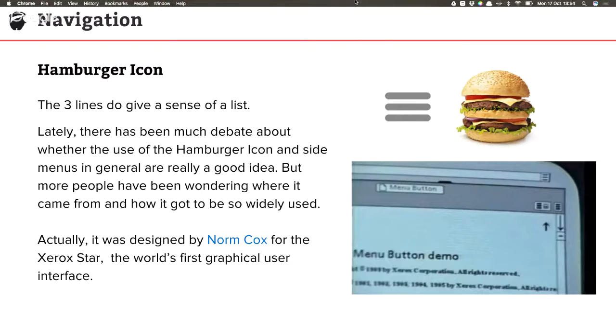And actually, I didn't even know that, but Norm Cox was the first designer that used the burger icon for Zero Start, and this is how it looked like on the first user interface that they used. Is that Comic Sans? Yeah, maybe. So it's very interesting because it started being a really common pattern, but this is just an icon,